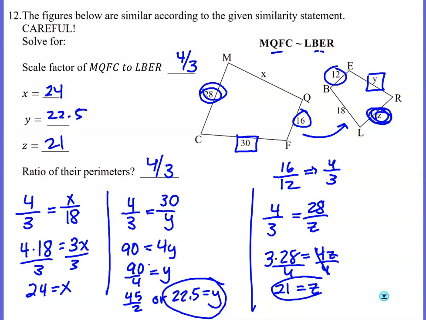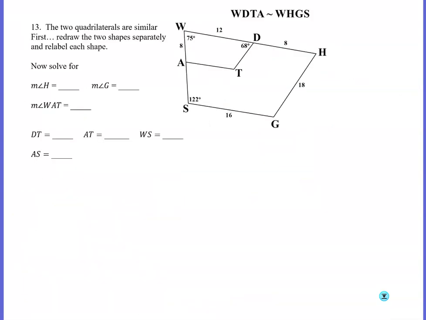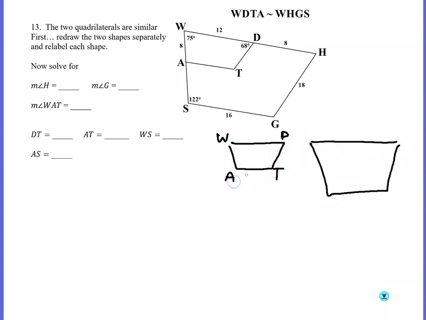Okay. All right, last but not least, we've got one where the two shapes are, one is within the other one. So I said these two quadrilaterals are similar, and I gave you the way they're similar. And I said first and foremost, whenever they overlap, redraw the two shapes and relabel each shape. So that's probably going to take us the longest time, is to redraw. So I'm going to redraw. I'm going to draw the little guy, and then I'm going to draw the big guy, and I'm going to relabel. The little guy is WDTA, and the big guy is